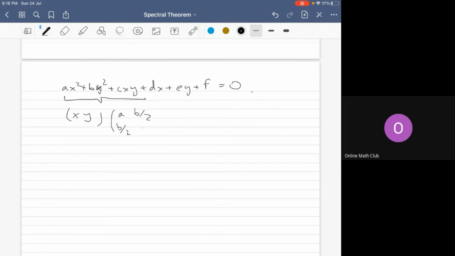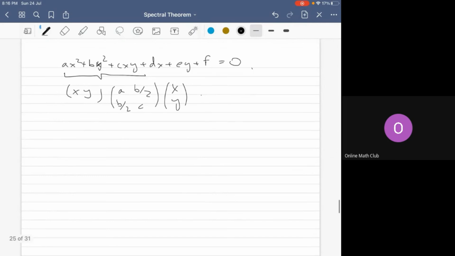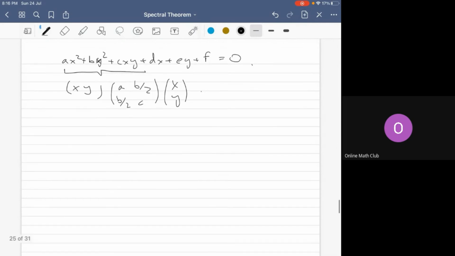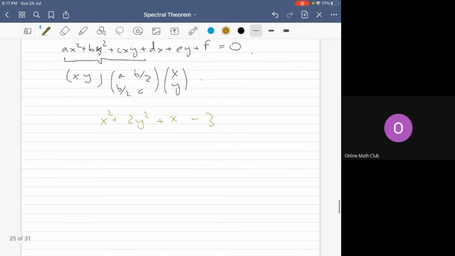And now notice that if instead this degree 2 portion was very simple, as in something like x squared plus 2y squared, and then we would have, let's say, something plus x plus, let's say minus 3, then we could